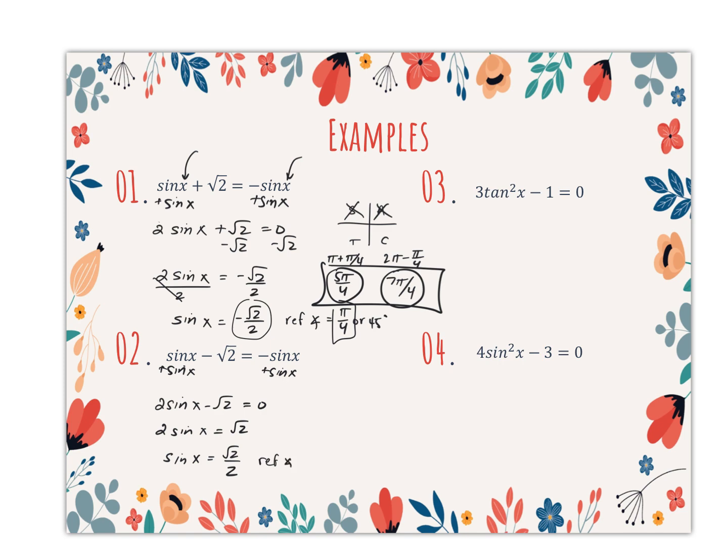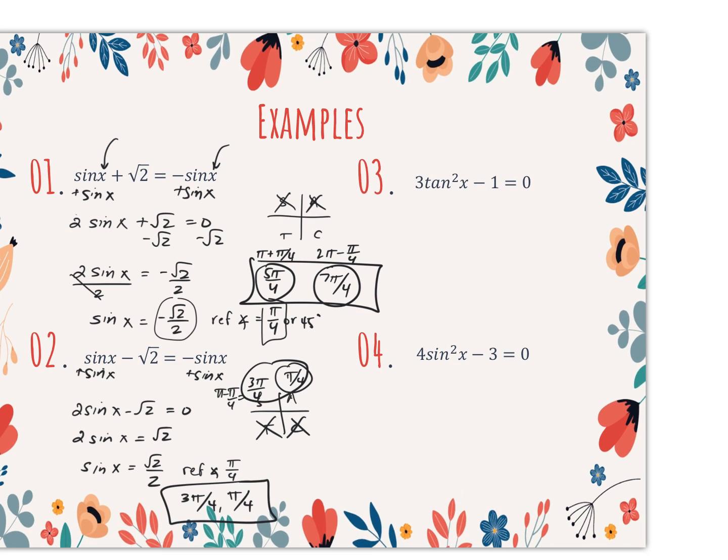So again, my reference angle is still pi over 4. But now I'm thinking about, all students take calculus, in what quadrants is my sine positive? Well, my sine is positive in quadrants 1 and 2. When I have my reference angle, quadrant 1 is the actual reference angle, so that's one answer. And in quadrant 2, it's pi minus the reference angle, so I know it's 3 pi over 4. Those are my two answers: 3 pi over 4 and pi over 4. Again, you'll get more used to it as you do more, but now you're starting to understand the